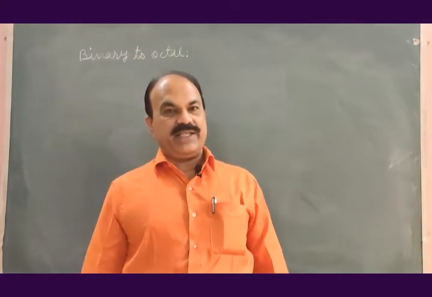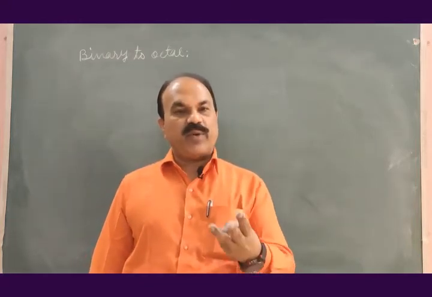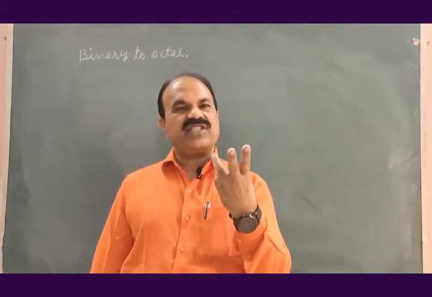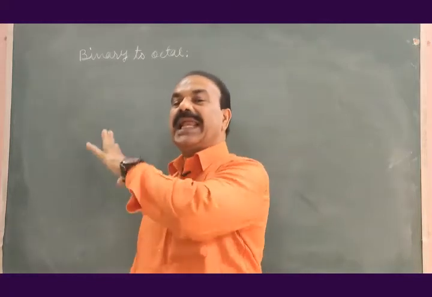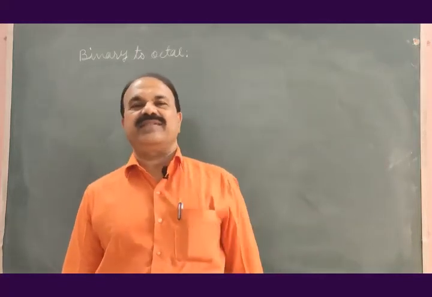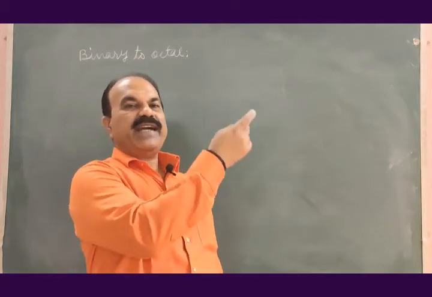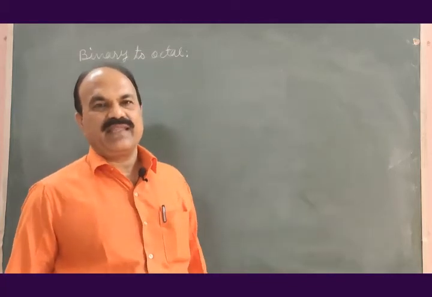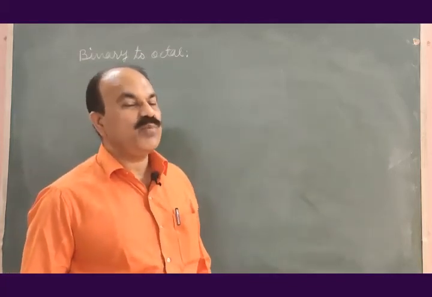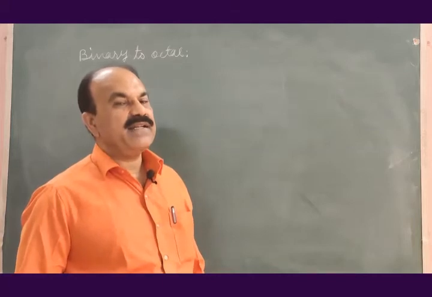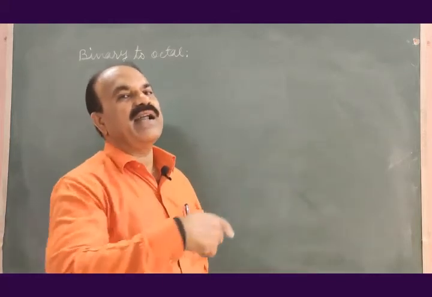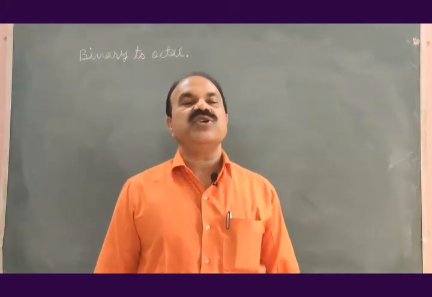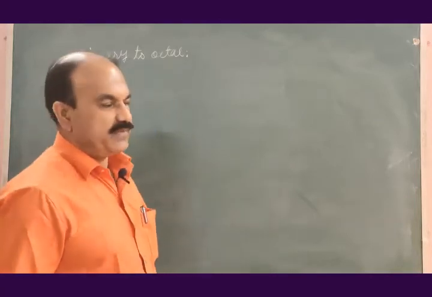At the last, if you are short of forming a group of 3 bits by 1 or by 2 bits, just add those number of zeros to the leftmost position in the integral part. After that, go to the right from the binary point. Again start making groups of 3 bits. If you are short of making a group of 3 bits, add the required number of zeros to the right side. This is the simple procedure for conversion of binary to octal.